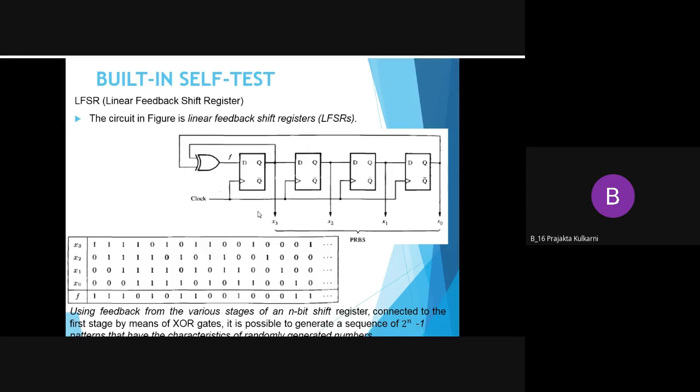Serial in parallel out. Yes, it is a serial in parallel out shift register. That means data will come in serially and it will be taken out parallelly. Okay, so here you can see that there are 4 outputs, that is X3, X2, X1 and X0. These are the 4 outputs. Okay, now